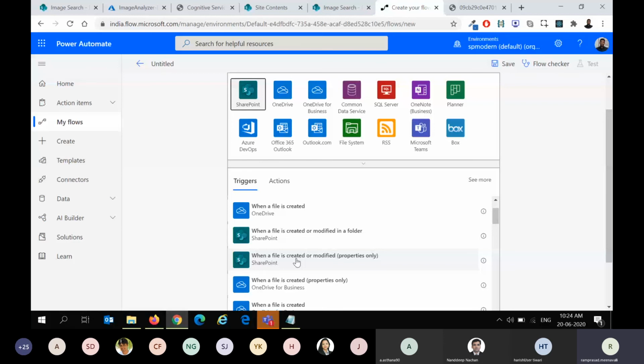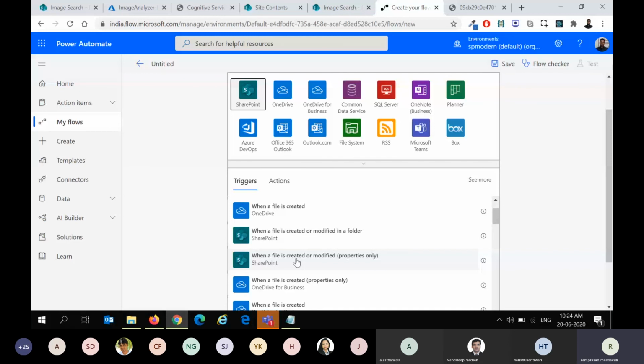The next step is I'll try to get the content of this file. So I'll just say get content. And again, I'll provide the site address, which is image search, and the file identifier we'll get from the trigger. So I can use this ID as the identifier.